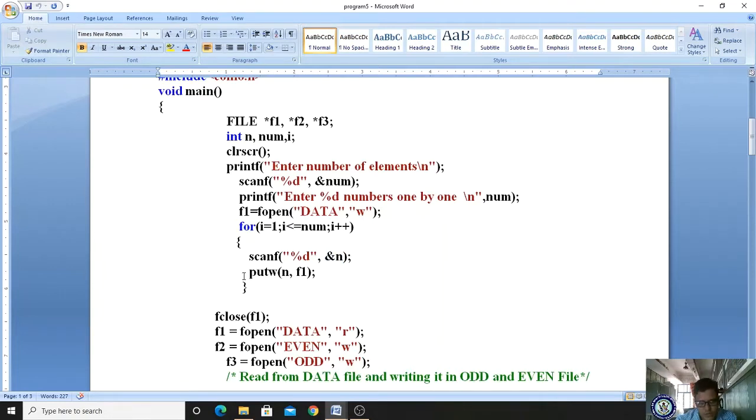Now please observe this putw. What is the purpose of putw? It stores a value to an open file. So here putw n. What is the value of n? 10. Where am I placing it? In f1. f1 is pointing to the data file. Got it? Yes, in the data file I am storing 10. And next,